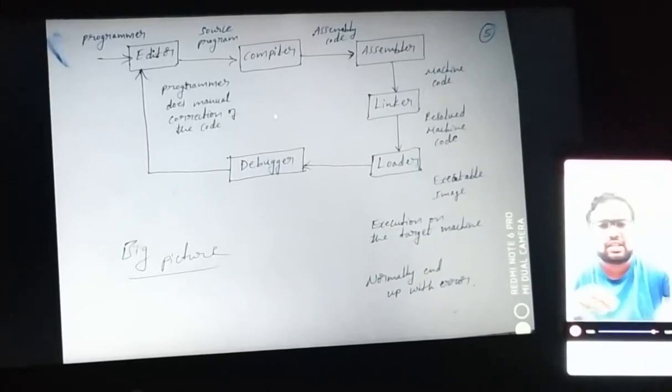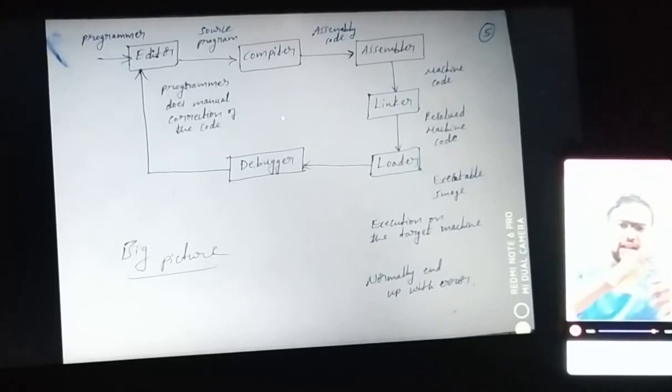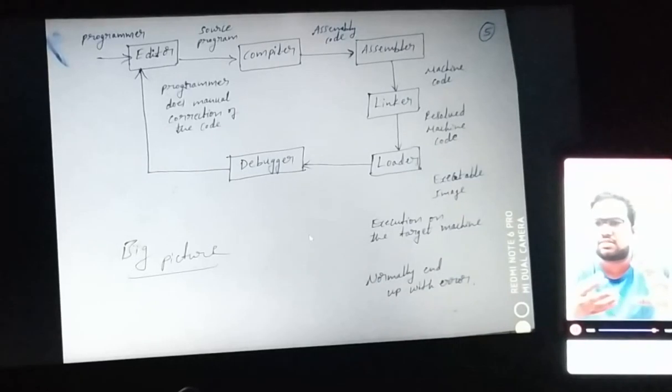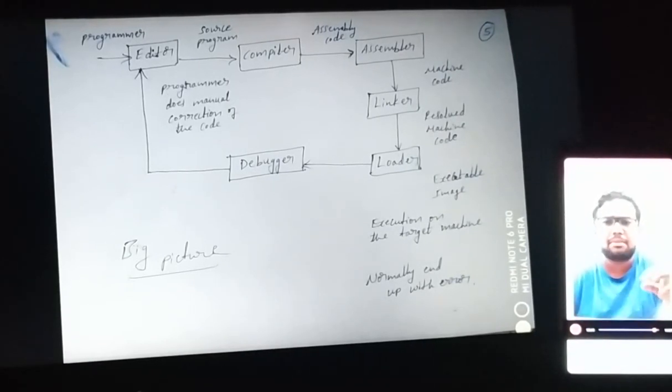So a compiler operates between the higher level language and the lower level language, and in between we have many stages: editor, compiler, assembler, linker, loader, and debugger.